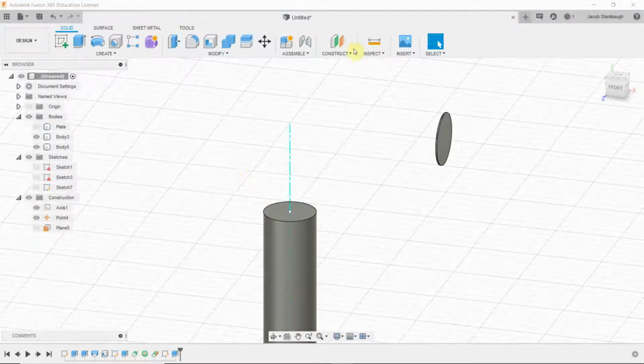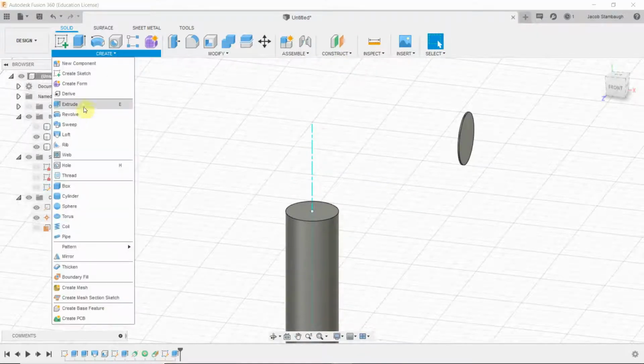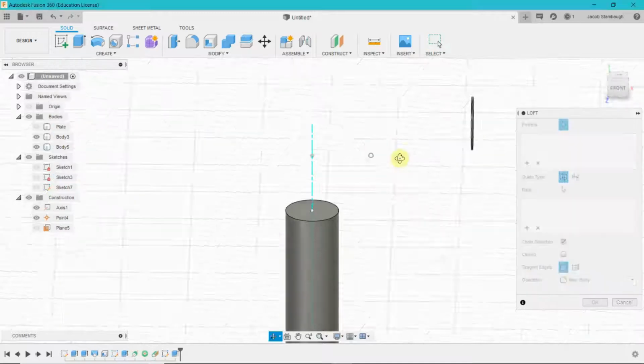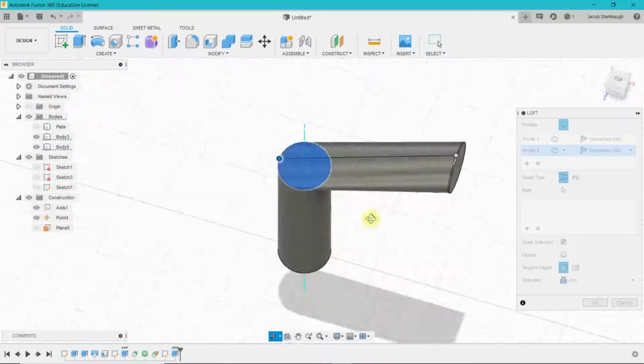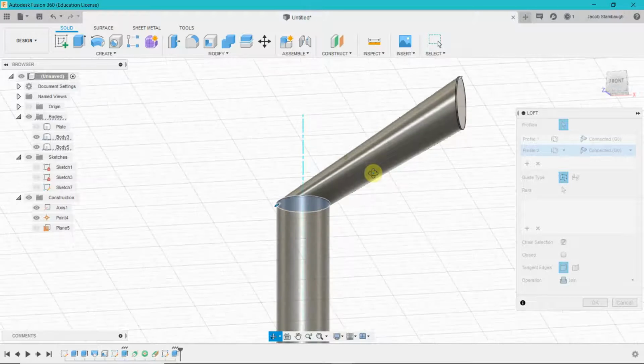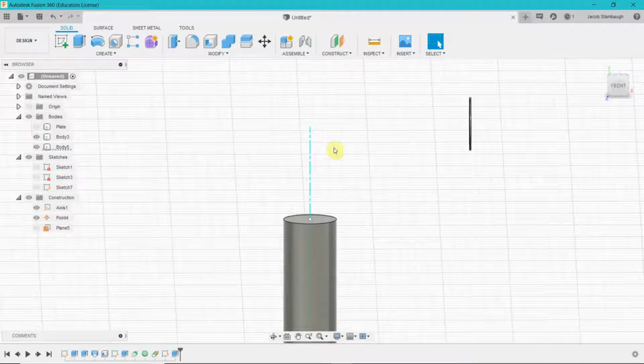Just to demonstrate why we're going to need another plane, if we try to do the loft here automatically with these 2 faces, it'll come out pretty nasty. This is not a really good looking straw, so what we're going to do is give it a little bit more of a guide rail to follow. And so to do that,